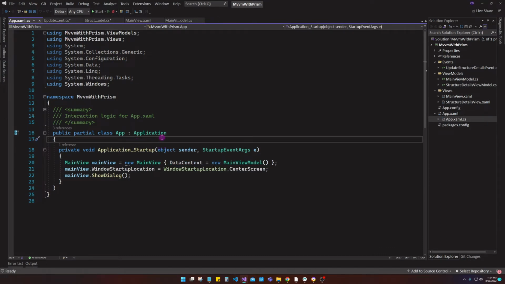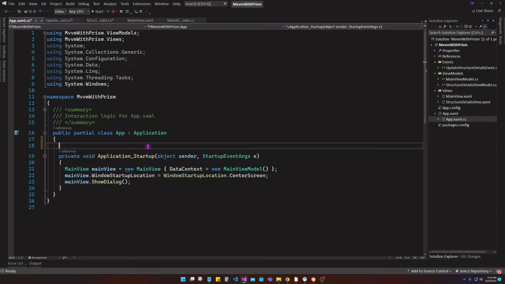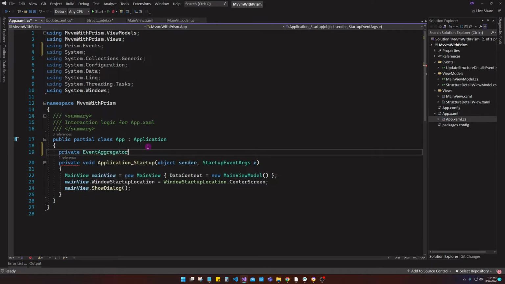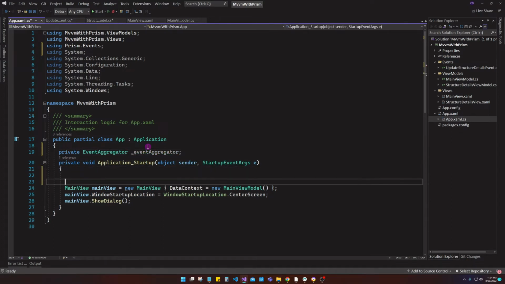an event aggregator. So this is a Prism.events thing, and we're going to create that. And then on startup, we're going to create this new event aggregator, and we're actually going to pass this